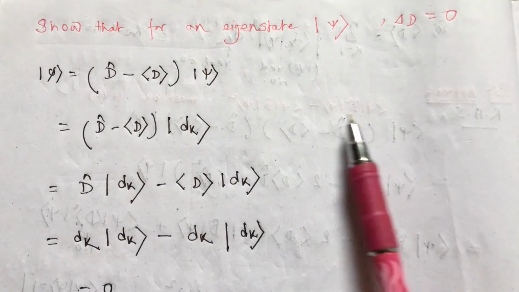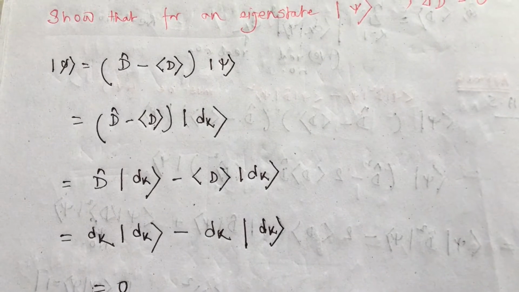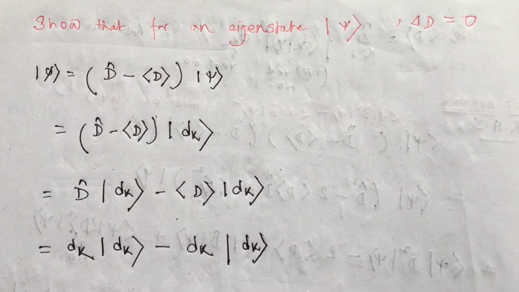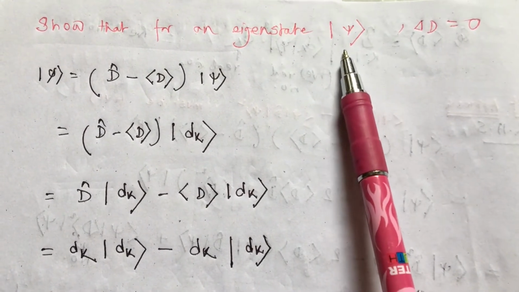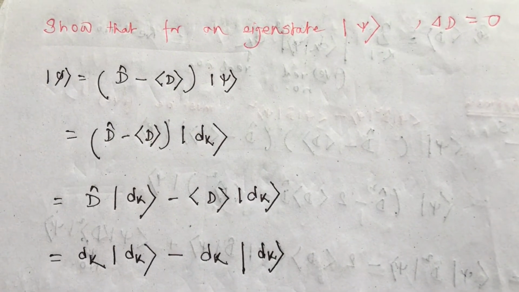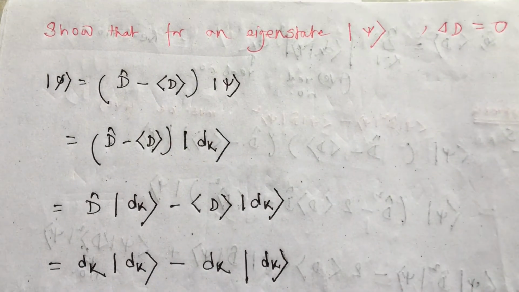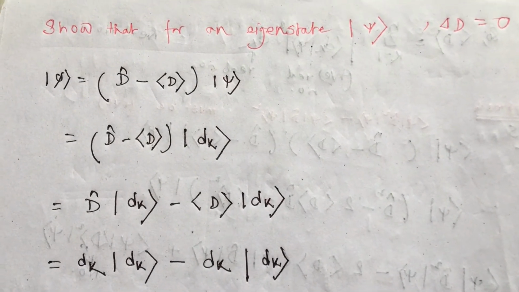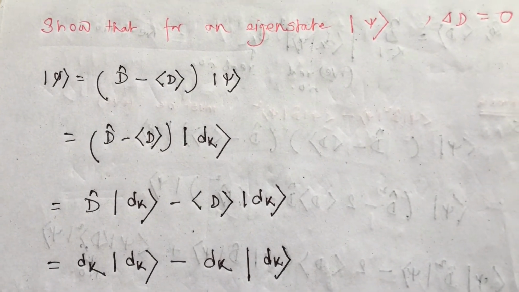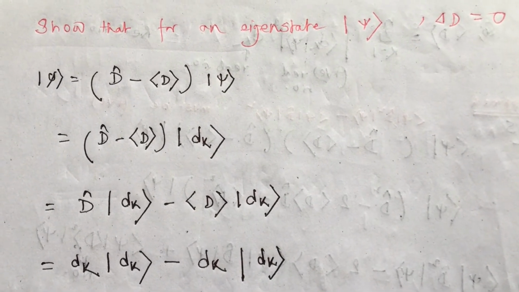Just one more thing before I proceed towards the uncertainty principle by using the operators. Let me show you that if this psi is not an arbitrary state but it is an eigenstate for the variable d, then there is no uncertainty, which means if I measure the variable in its own eigenstate, there will be no uncertainty associated with the measurement of that particular variable.